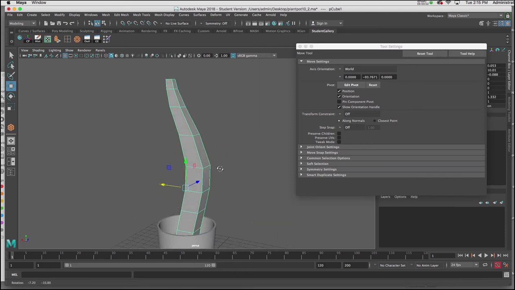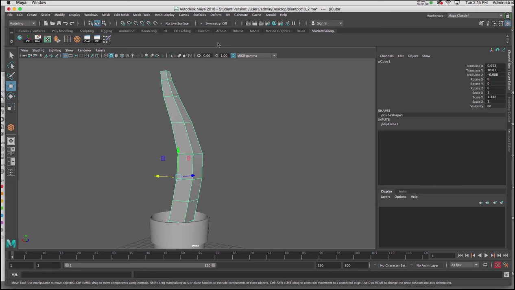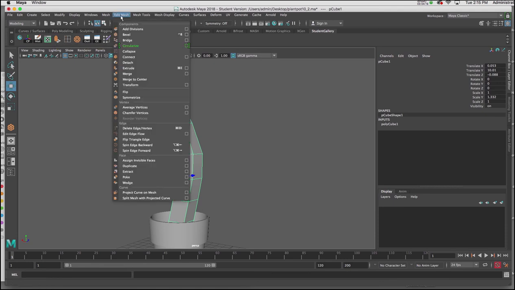Now I'm going to extrude a branch on this. I'm going to extrude a branch from here. I'm going to make sure I've got the tool I need on my shelf. I want the Polygon Extrude tool. Now the Polygon Extrude tool is this little icon with the orange polygon on the flat white plane. If you don't see it on your dock, you can hold down Command and Shift. You'll go to Edit Mesh, and from Edit Mesh you'll click on Extrude,